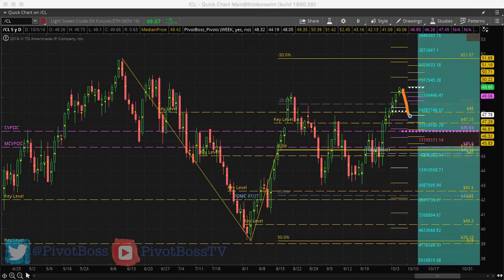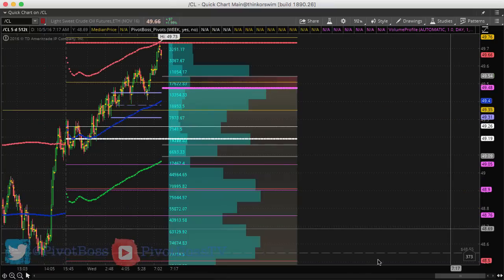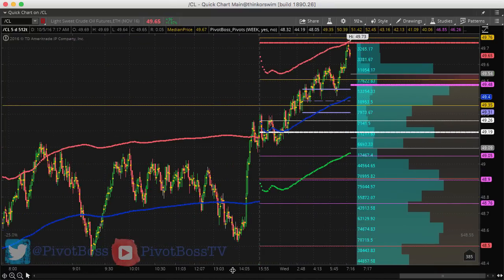Now I would say that the first pullback needs to be defended by bulls. So any rotation downward, it could be a quick 1-day or 2-day rotation. It could be a 3-day pullback. We don't know yet, but once price does pull back, bulls want to come in and defend it and look to squeeze and attempt to push beyond that level, at least on a first test basis. So a couple of things to look out for with crude. I would say right now it's just a buy the dips type of thing, so we need to be directionally bullish at this time. And if we look at the intraday time frame, you can see here